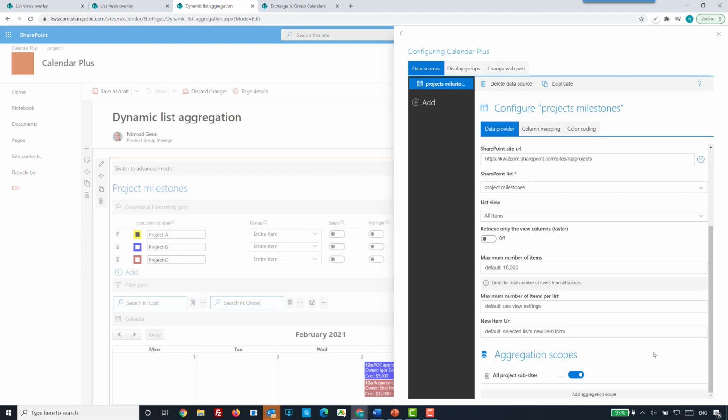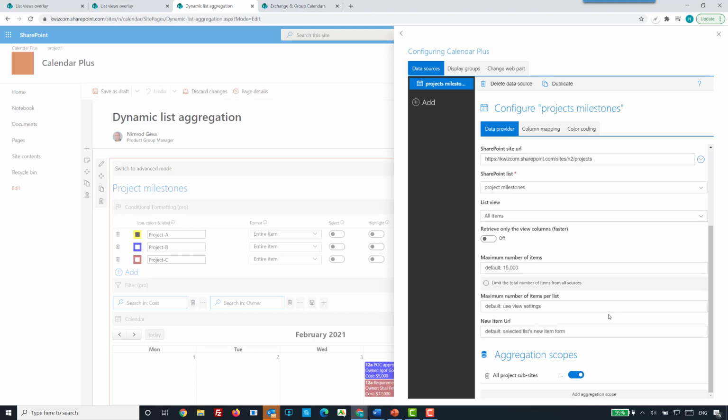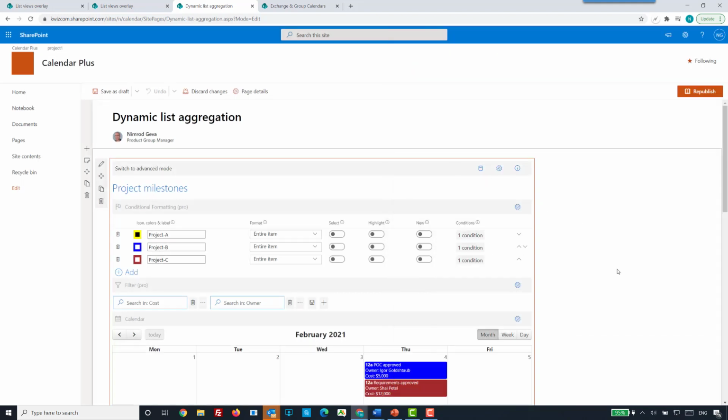Once I apply it, I have my aggregation scope and I have my query, which is defined by the aggregating view. This will run the query which gets all the items actually from all the milestones lists, from all the sites and subsites in this scope. And in this way, I can add additional aggregation scopes. But now with this scope only, every time I will add a new project site in the same location, another project subsite, it will be included in the query results. So this is how you get